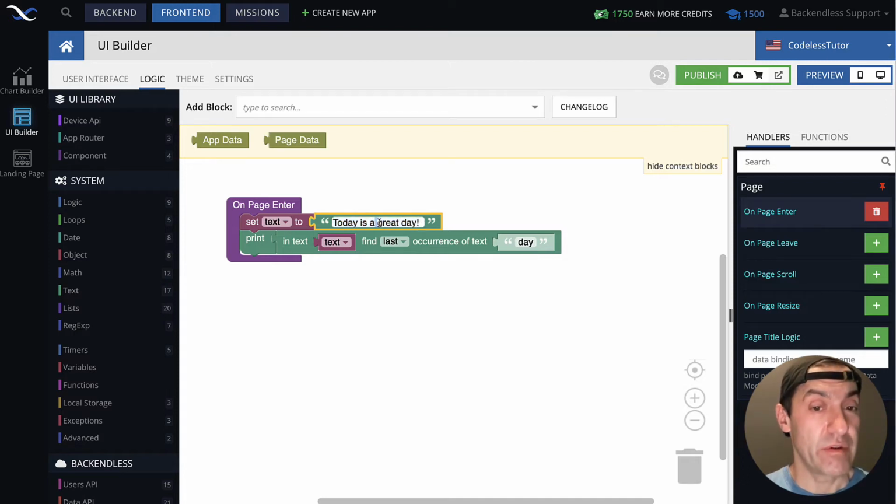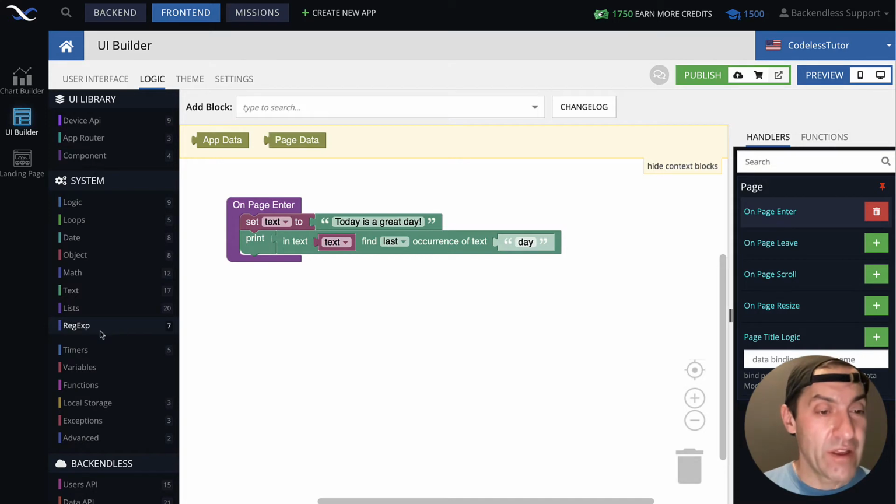Spaces are also counted as actual characters. So everything inside of that string, every single character, whether it's space or special characters, punctuation signs, whatever they are, they will have their own index. So the last occurrence of this text in this sentence has the index 18. You can easily substitute this with a variable.